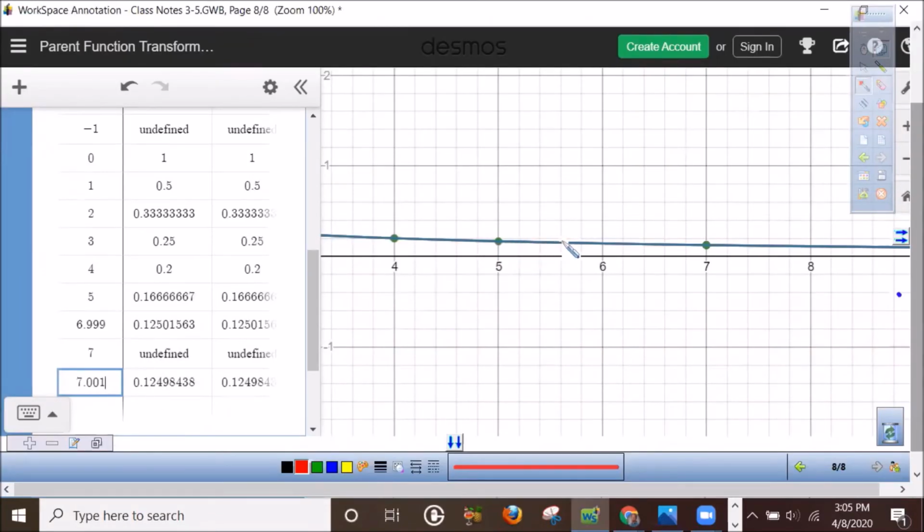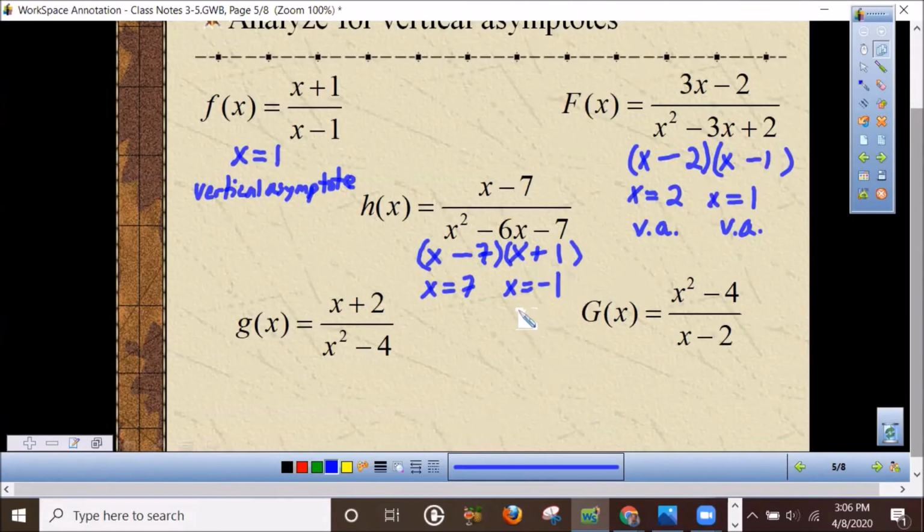As this graph approaches x equals 7, the y value approaches 0.125 from the left-hand side and from the right-hand side. But at x equals 7, our graph is undefined. So it's almost as though there's a little hole in this graph, the tiniest hole that you could imagine. Unfortunately, it doesn't show up when we graph things on a graphing calculator or sometimes when we graph things on a computer. These little holes in the graph are not easy to find. They don't show up as obviously as a vertical asymptote. So while we had a vertical asymptote at x equals negative 1, we actually have a hole in the graph